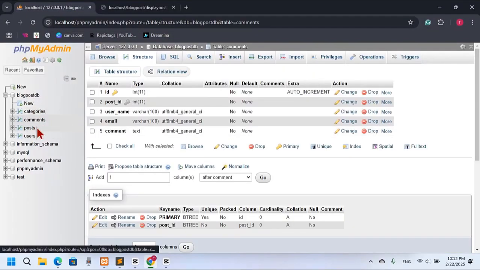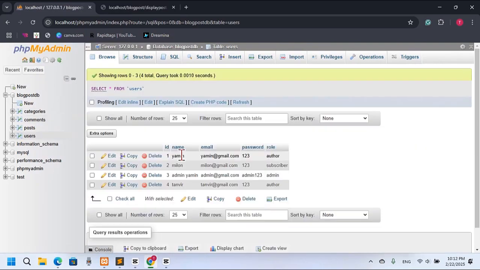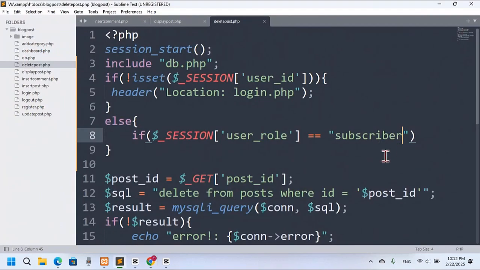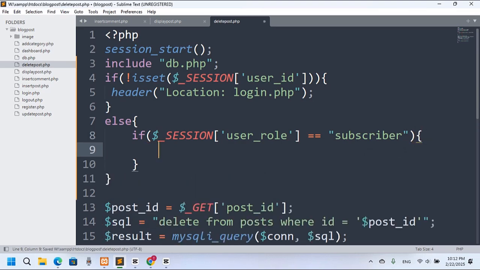If I go to the browser to my database, here you can see we have users. I'll go to the users table and check subscriber. If the user is a subscriber, he cannot do anything. He will just redirect to the